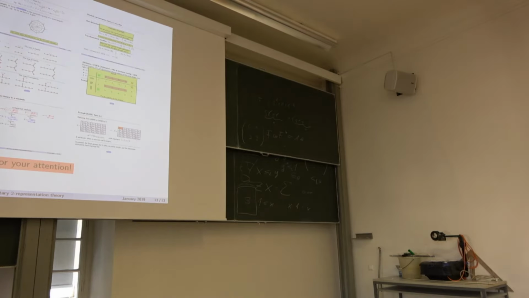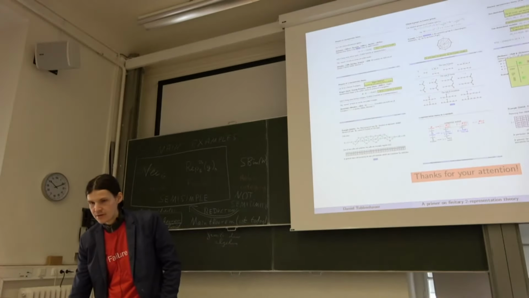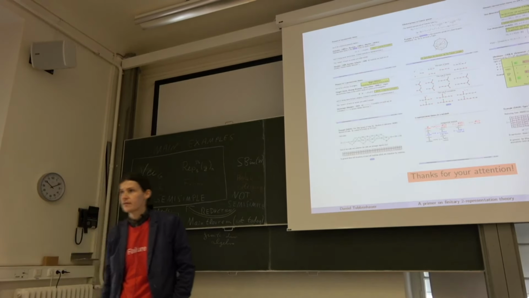The 2-category of 2-representations of such a finitary 2-category is not a finitary 2-category, but something which seems to be quite close to being a finitary 2-category. Is this some kind of generalization of this notion where you say there are direct sums for objects or something? No, in general, I don't think so. Those guys are very complicated.